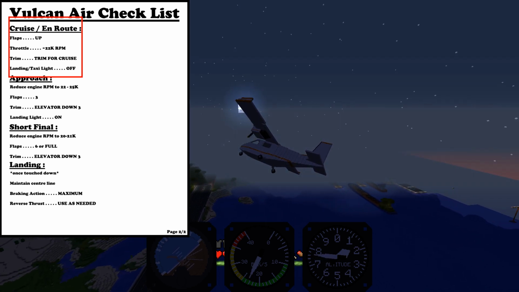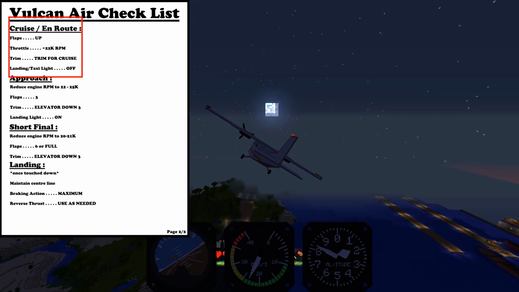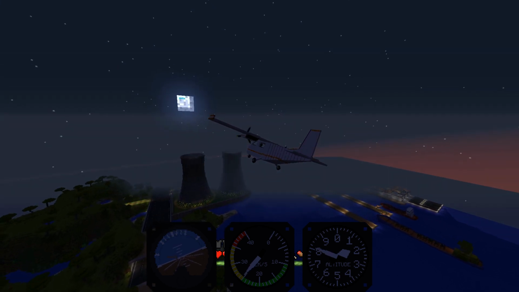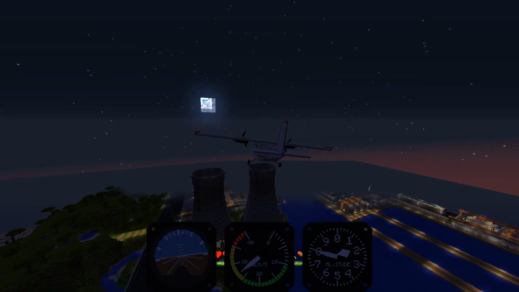So we'll clean up our flaps, hitting Y. They're completely up now, and as you can see at this RPM, my airplane is actually trimmed pretty well. I'll trim it upwards once, but